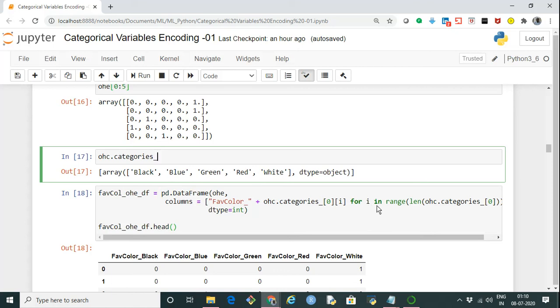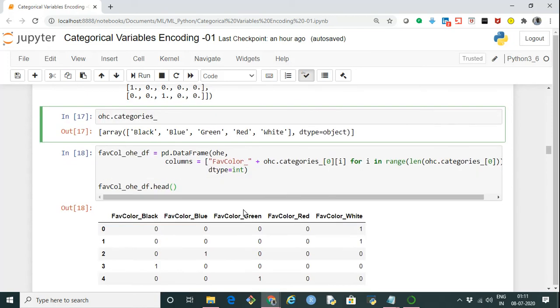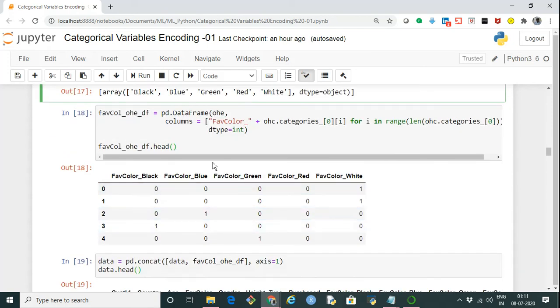Basically, I'm creating a loop starting from 0 to the length of this array, and for each value I'm extracting it from this array and concatenating it with the favorite color string, so that we get the output as a data frame where the column names are favorite_color_black, blue, green, red or white, depending upon which category it is.